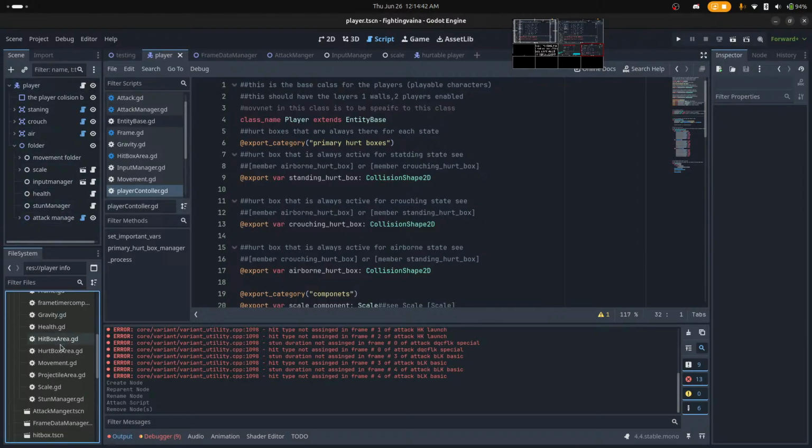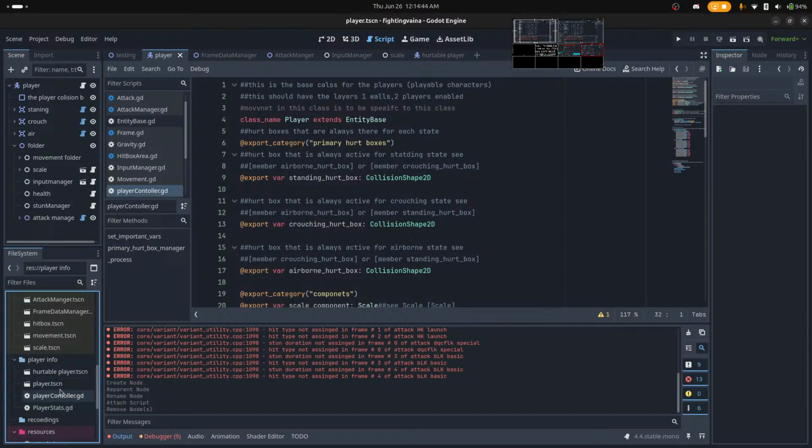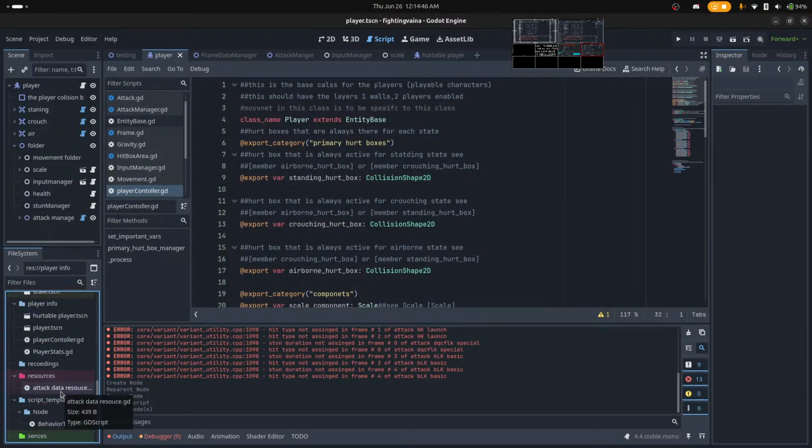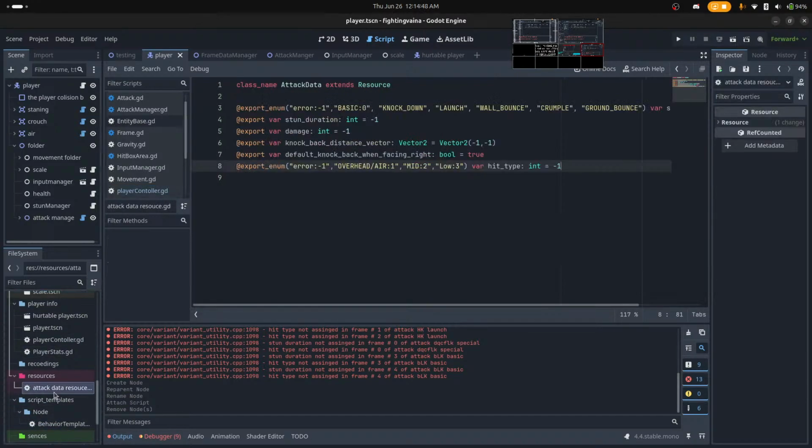Let's go to the attack data. Let's put a comment here that chip is a percent of damage.